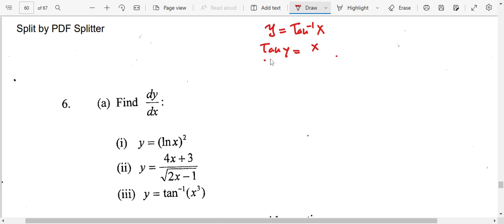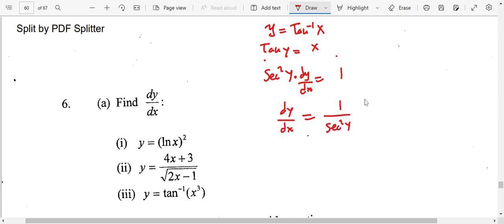Okay, differentiate everything. If you differentiate tan, you are going to get sec squared y. Okay, and then differentiate also y, you are going to get 1. But every time you differentiate y, you add dy over dx. And then differentiate x, you're going to get a 1. So to remain with dy over dx, divide by sec squared y. So that will be 1 over sec squared y. Okay, to be dy over dx is equal to